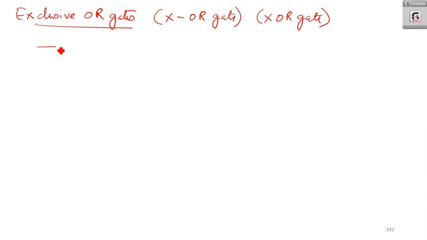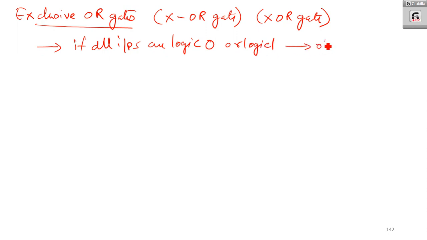So here the specialty is that if all inputs are logic 0 or logic 1, then the output is logic 0. That means suppose you are having a 2-input XOR gate,